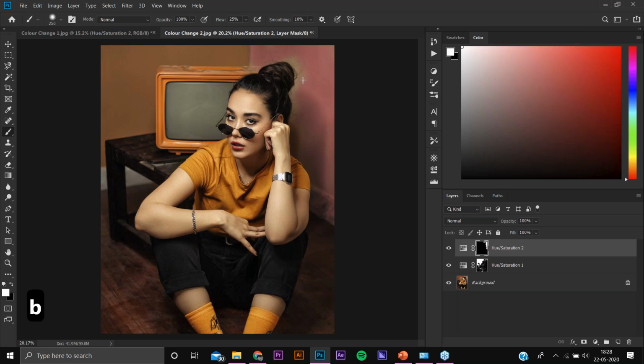Now, most probably I have selected all the parts of that roughly. Okay, now we will be going to hue saturation by clicking over here.